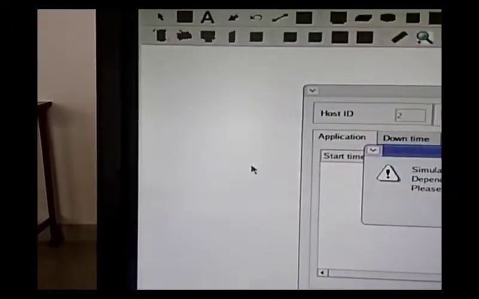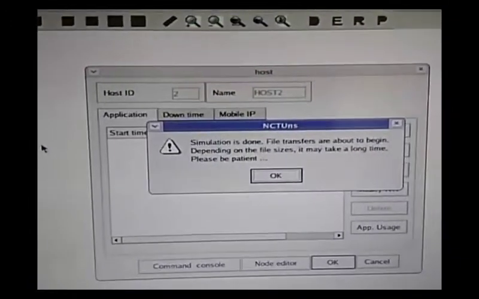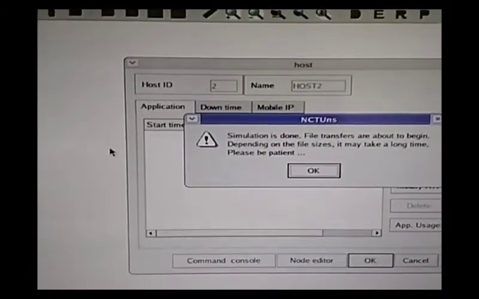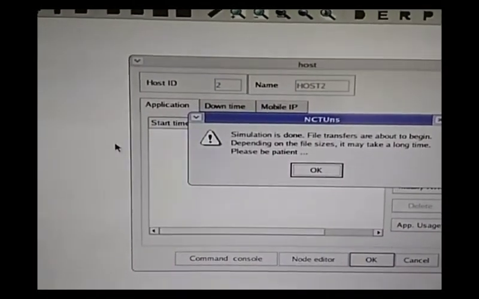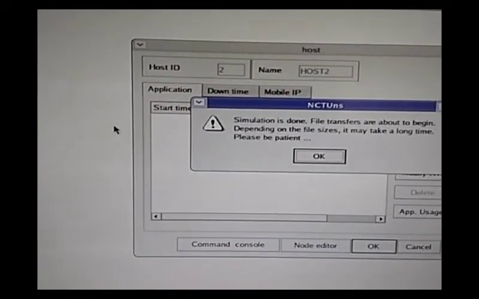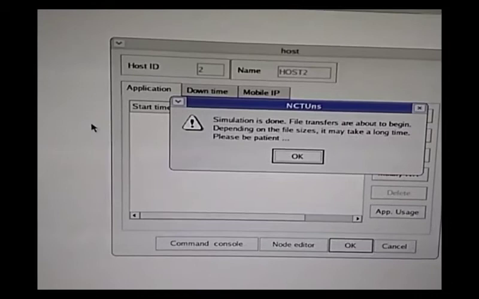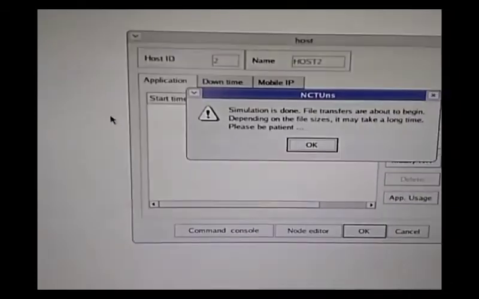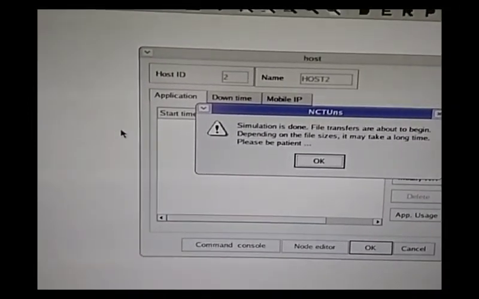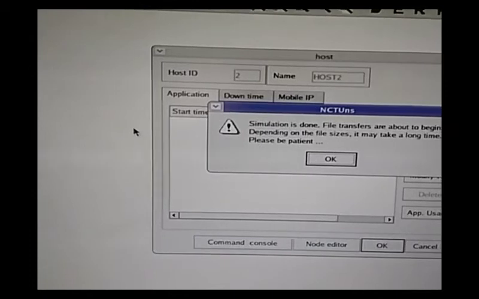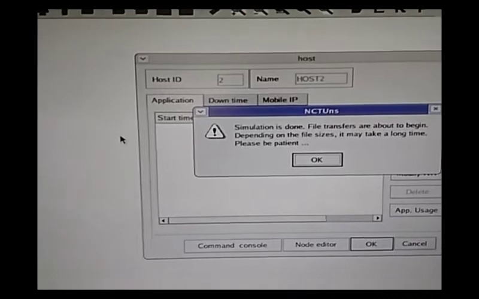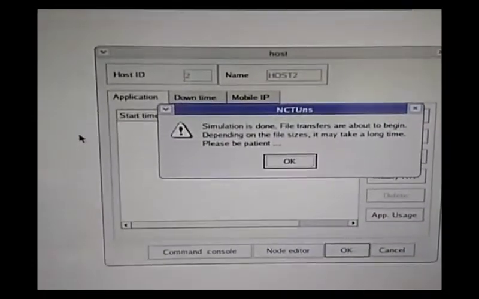This you have to do in the run mode only. You have to execute it in the run mode, that is before the simulation is done. When you have clicked on the simulation run, at that time only you have to select any one node, double click on it, and click on the command console. The command console will open, then type the command ping and the IP address of any node which you want to ping. After that you are going to get the messages. Once your simulation time is over, the simulation is done.